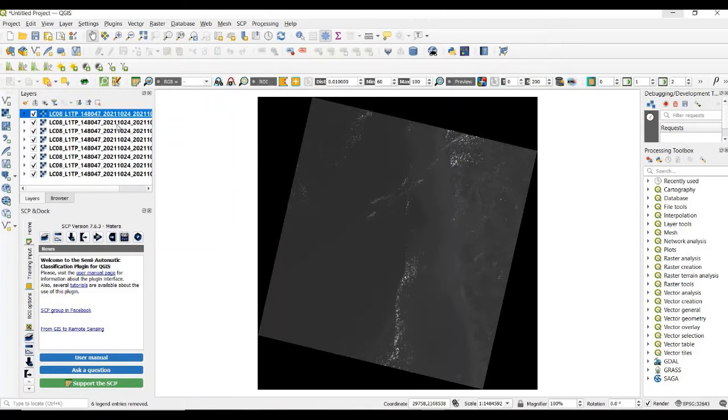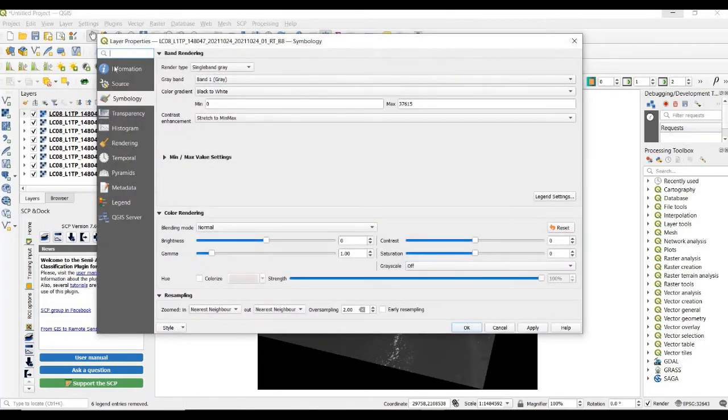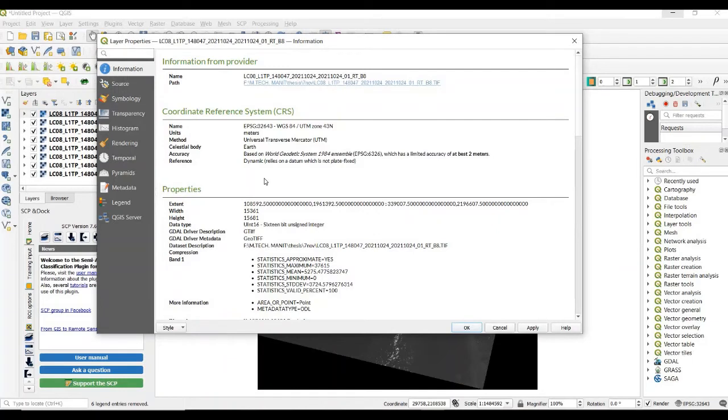By selecting the layer, go to properties, information. So we see all the information related to this layer.